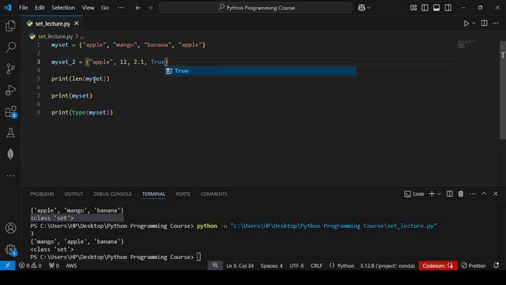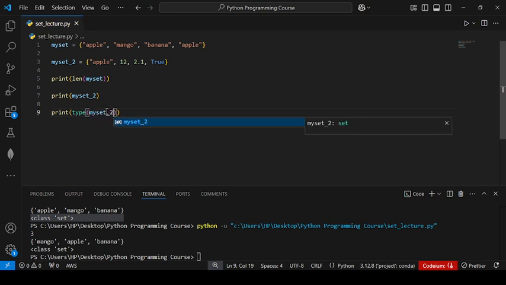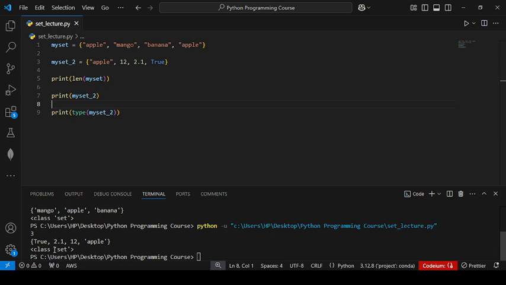So I write my set 2 here, and yeah, we are getting a set and its values. So we can define the set through similar data type items as well as different data type items.